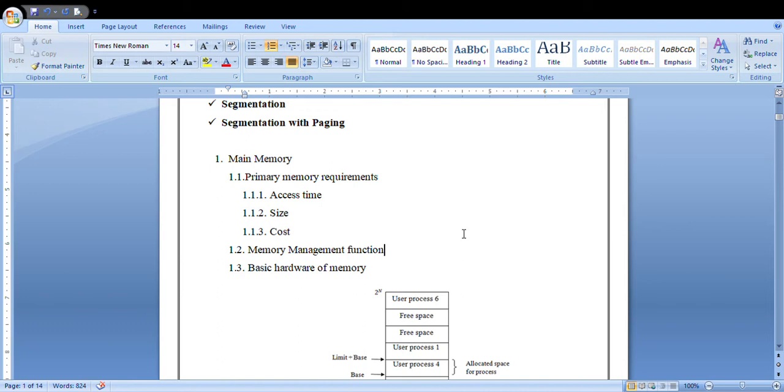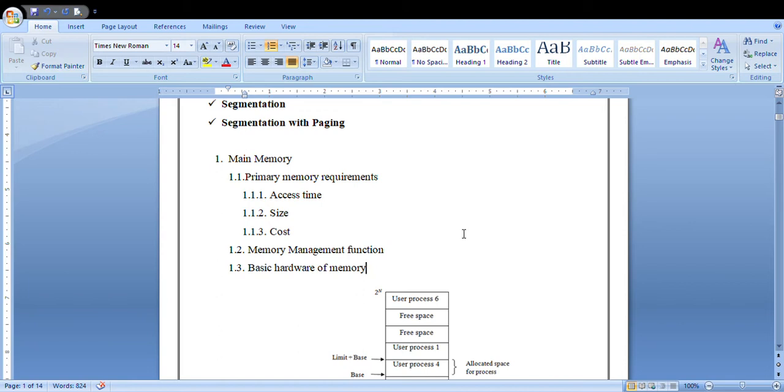In the memory management in your first module, I already said that for allocating and deallocating the memory space for the data or the content, it will make use of some policies. Based on that policy, it will allocate and deallocate the memory space. Those are the basic functions of your memory management. Next is, as I said, the reallocation technique and policies. These are the memory management functions the OS should take care of. And next is your basic hardware of your memory.